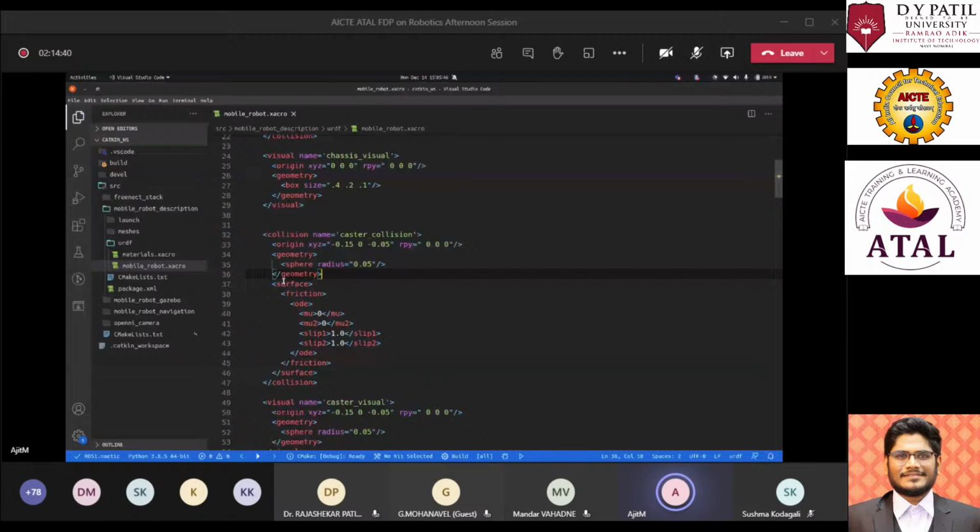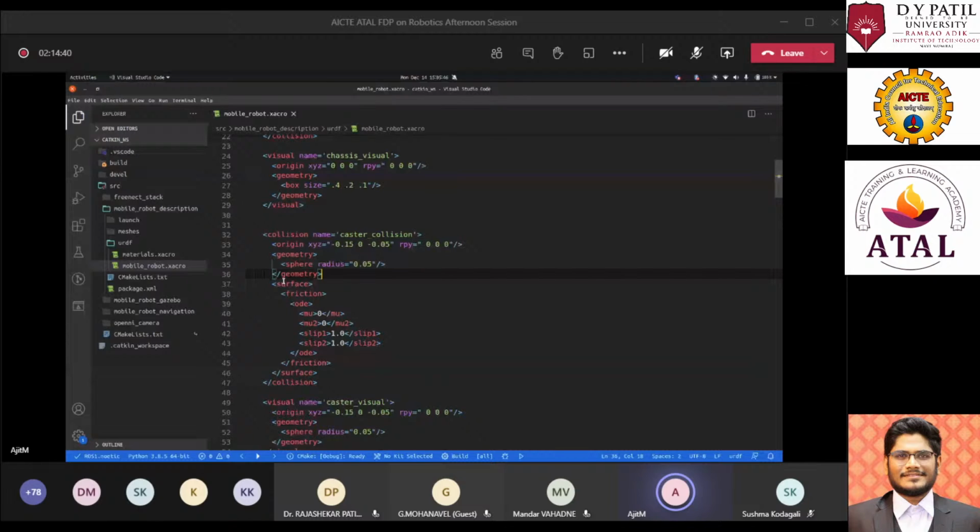Now just to understand what the model is going to look like, it would be looking like this. Hold on, let me add the robot model. So this is what we call RViz. This is a tool provided by ROS for visualizing different aspects. Right now there is an error. I will tell you why that error is there in the future. But you can see the caster wheel over here. So what has happened right now is that we have created this robot.